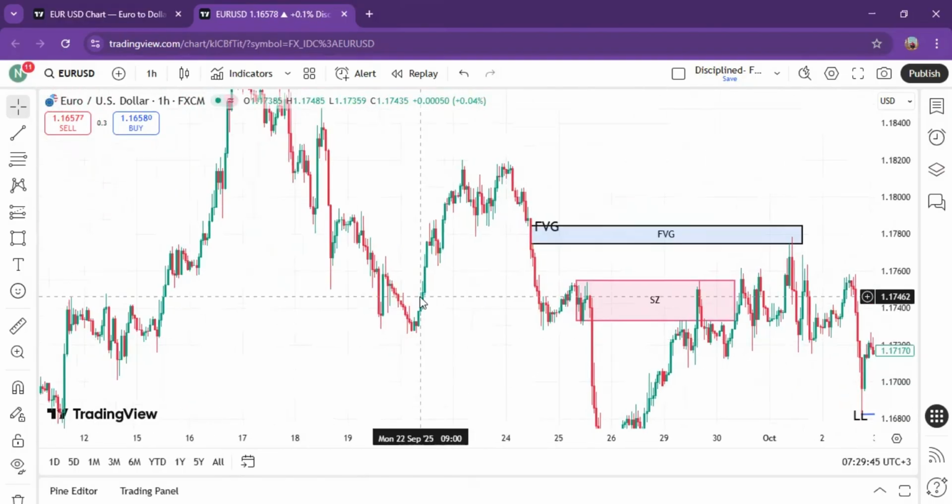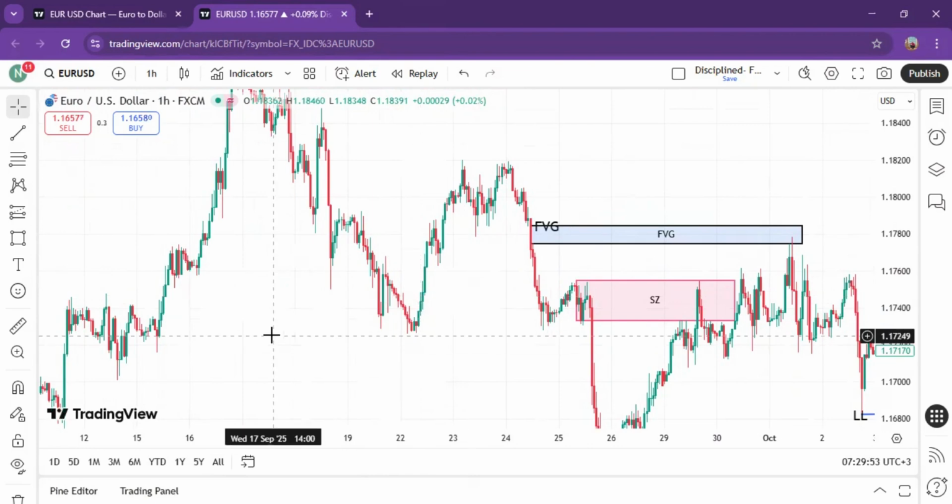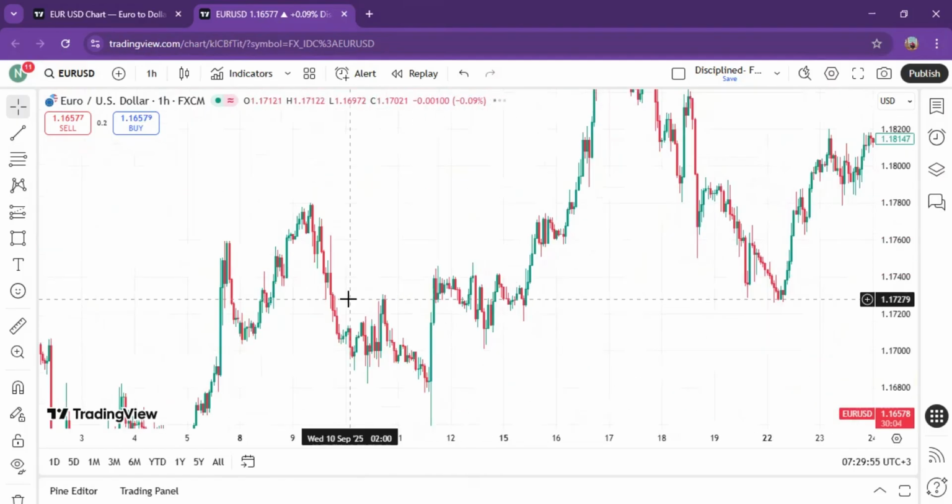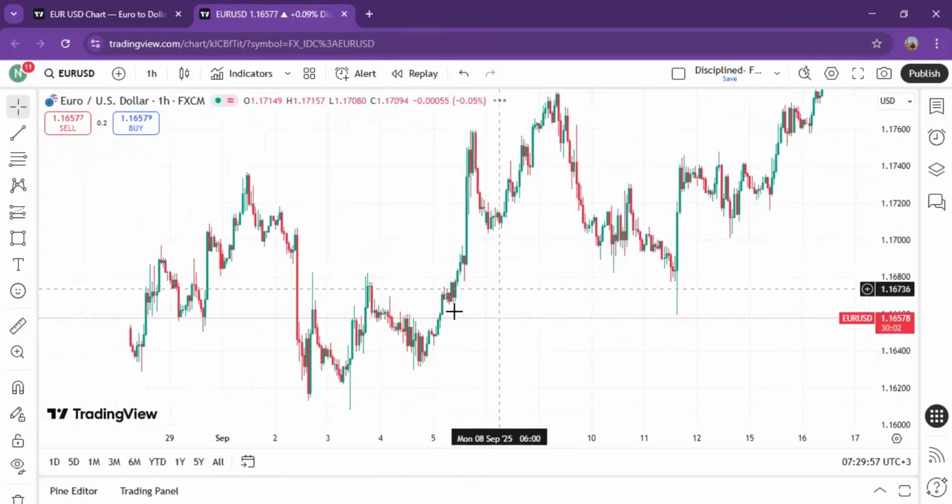So you need to have a different view of the market on multiple time frames. Do not be stuck just in a single time frame. Yeah, and with that,